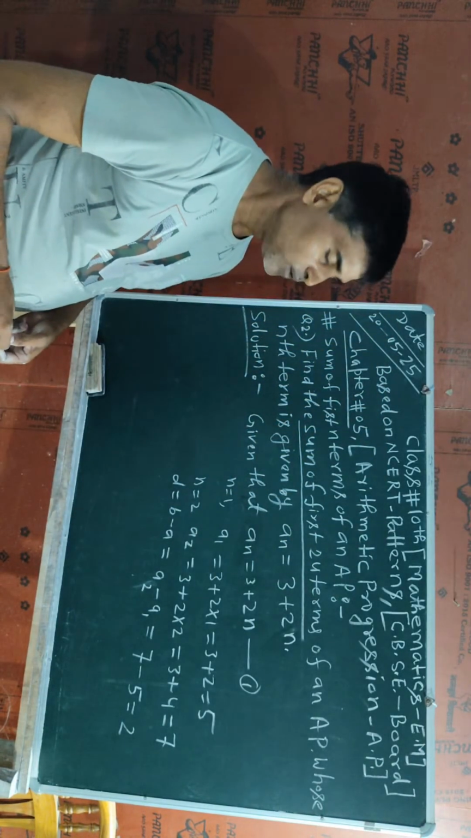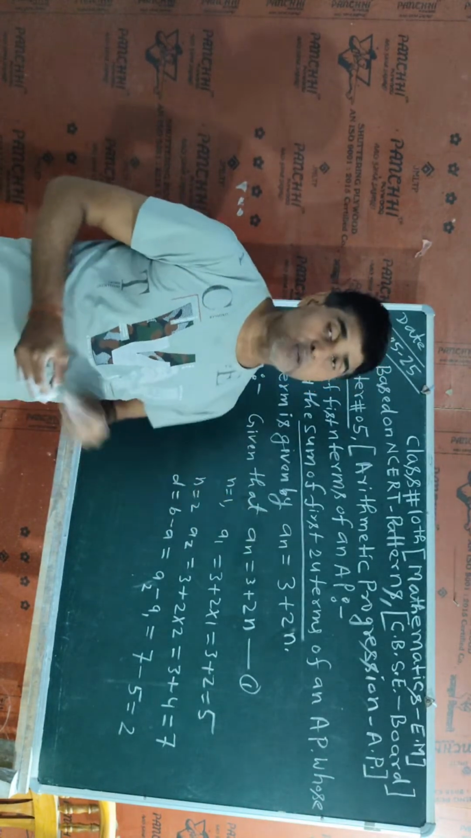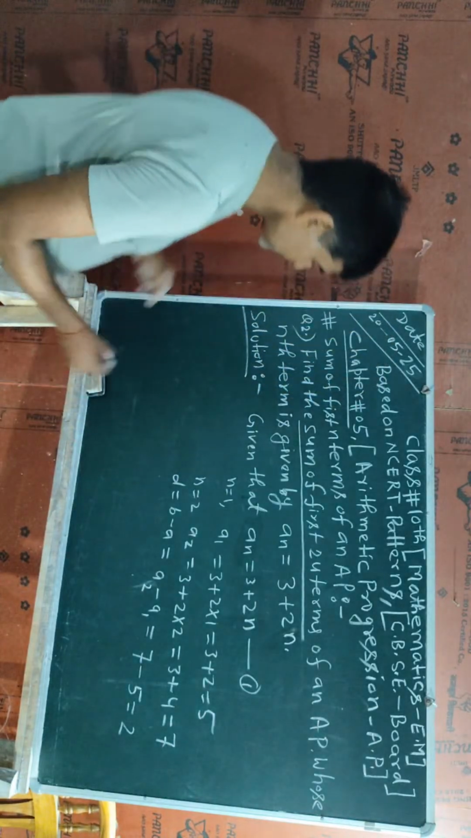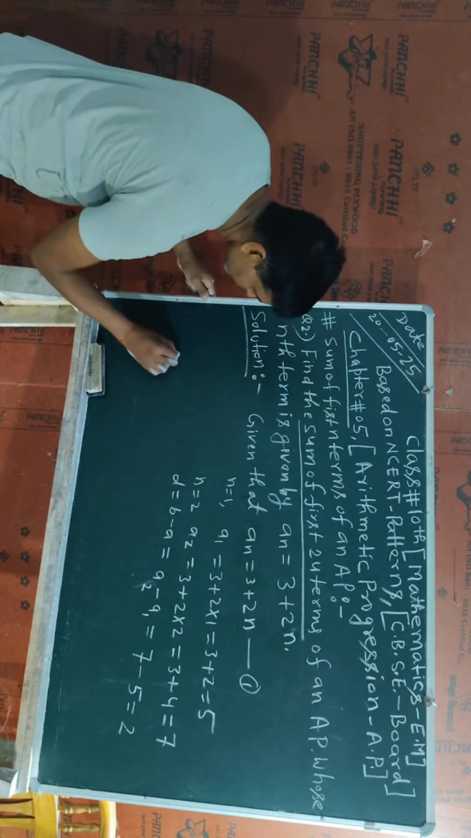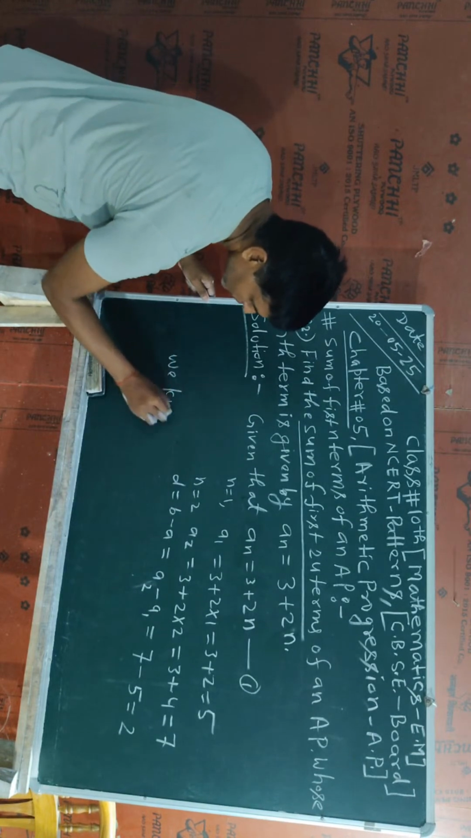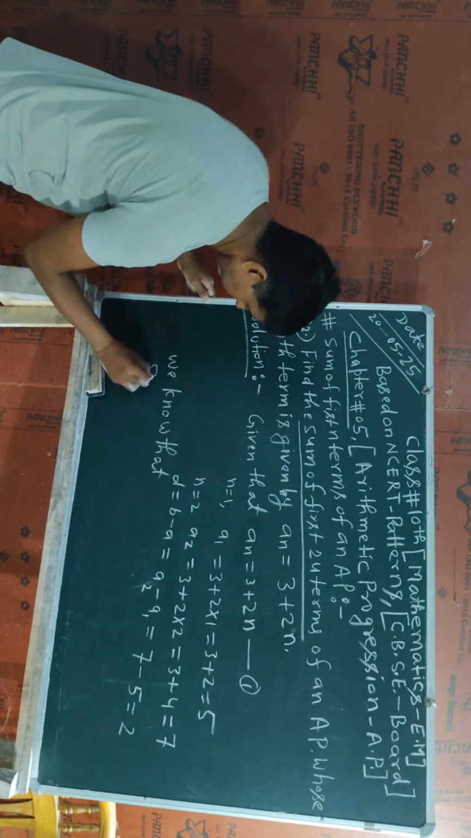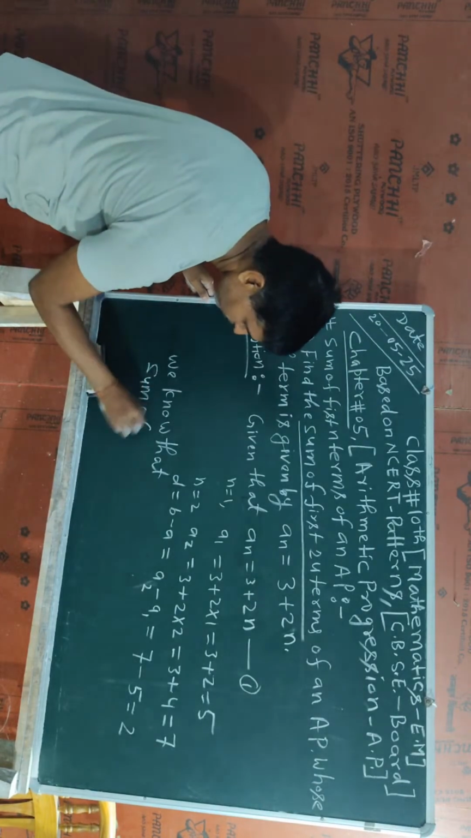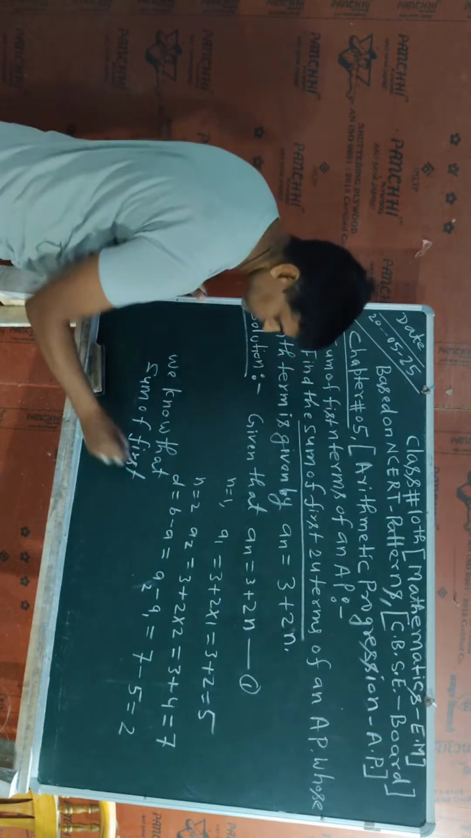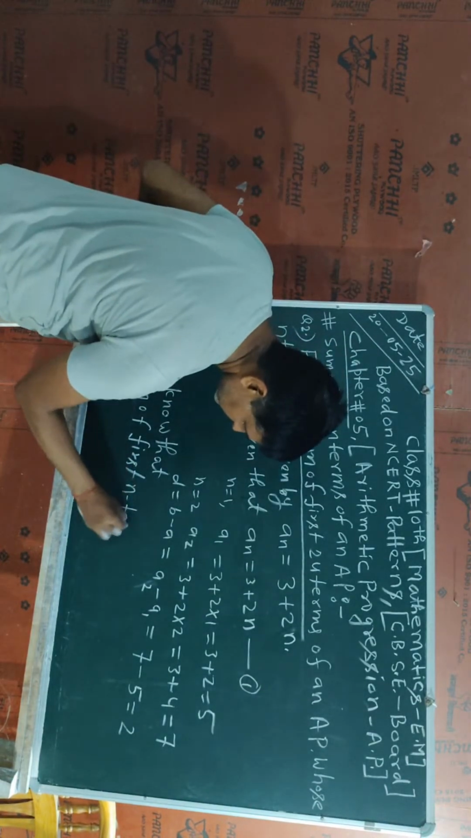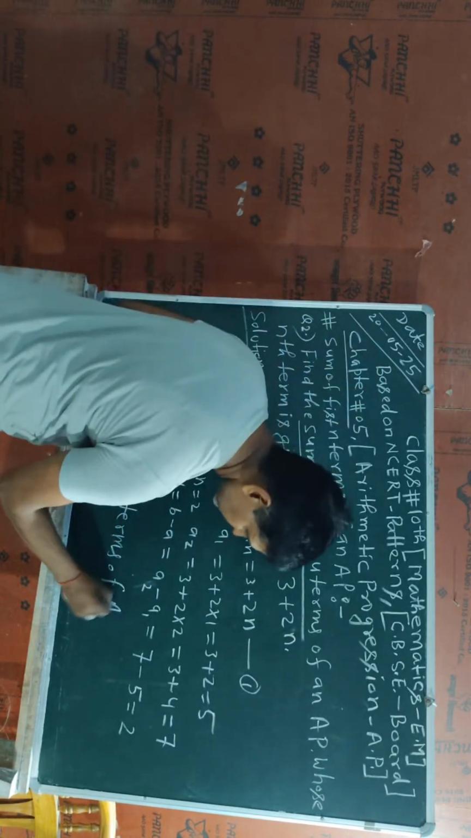Okay student, further I have to get the sum of n terms. So here I will say, we know that the sum of first n terms of an arithmetic progression